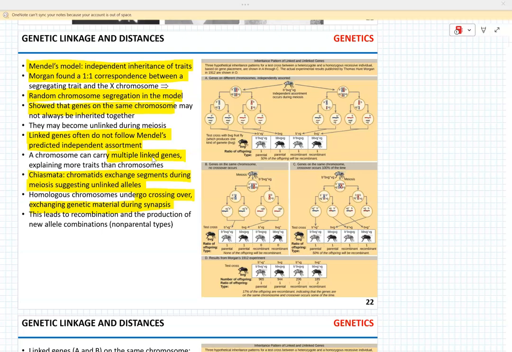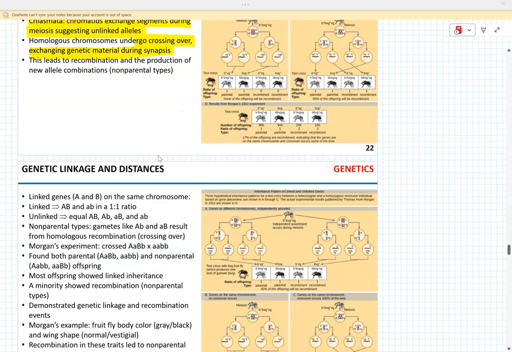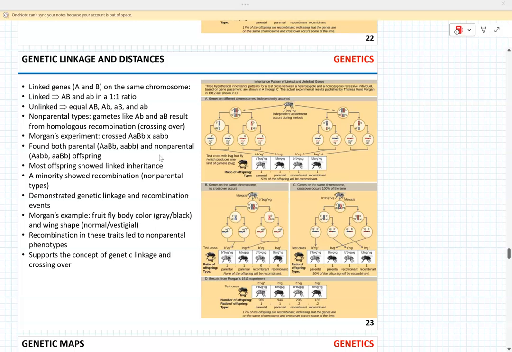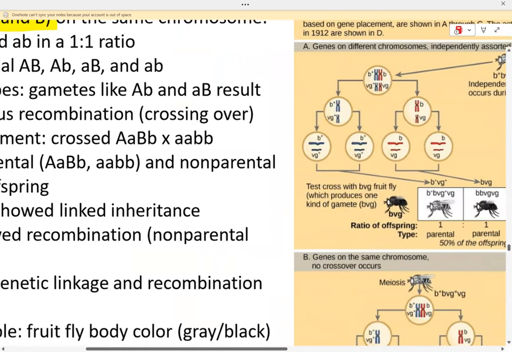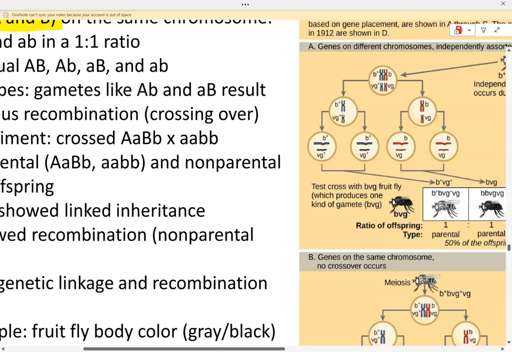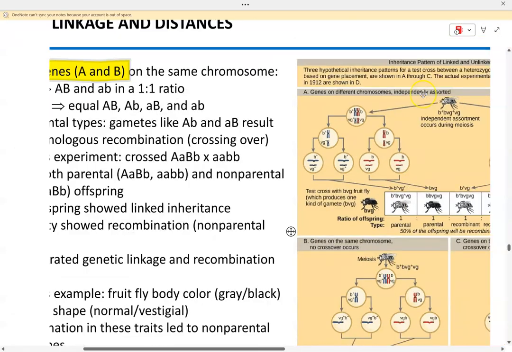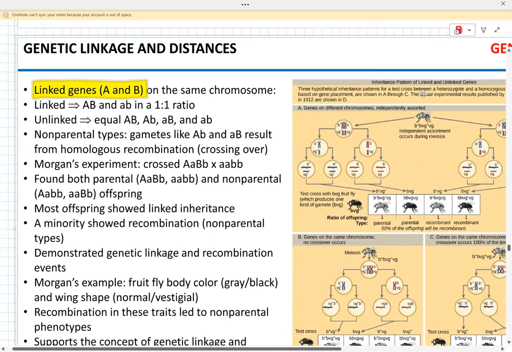I apologize for that mishap, and let's move on and talk about genetic linkages. So imagine that you have two linked genes, A and B, that are on the same chromosome. So in this example that you see on the right, the genes B plus and VG are linked. So if they are linked,